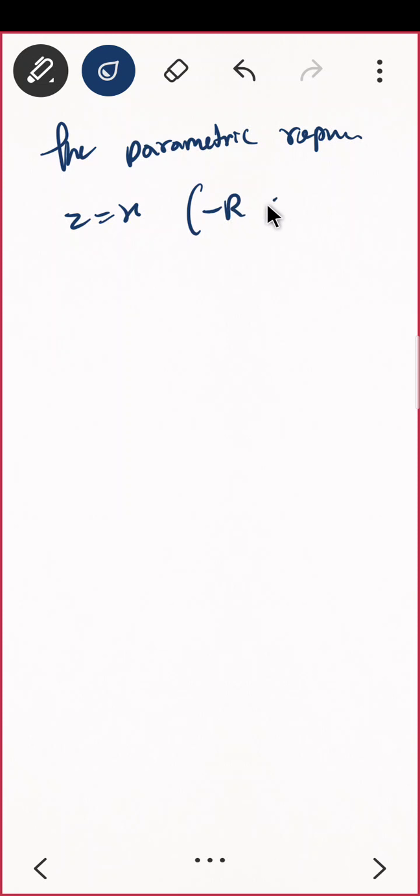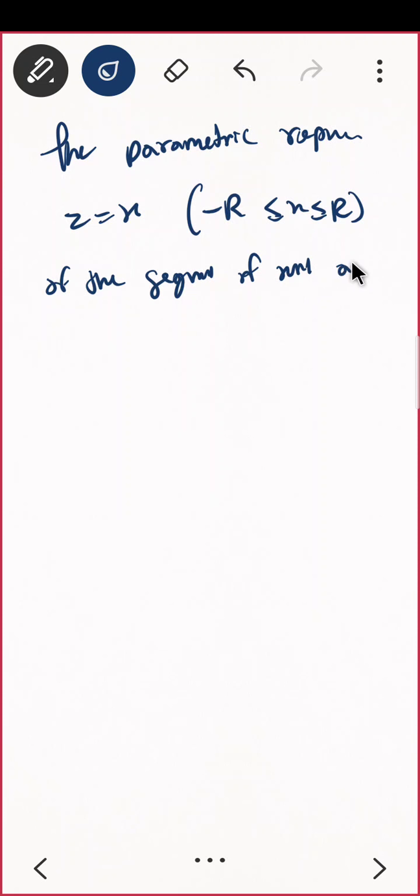So let us do the parameterization, the parametric equation representation of z equal to x. Suppose this is the parameterization I am giving, minus r less than x less than r, for the segment of the real axis. So can I use the Cauchy residue theorem here? And by the Cauchy residue theorem,